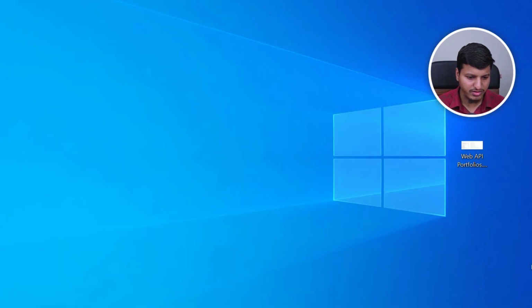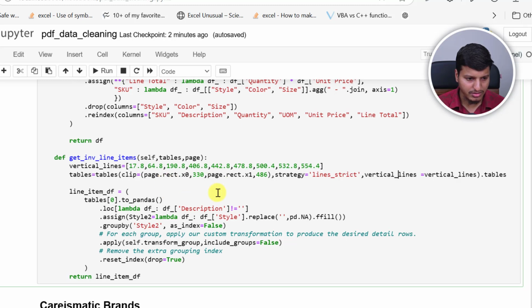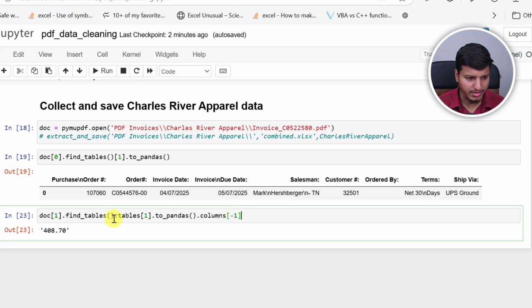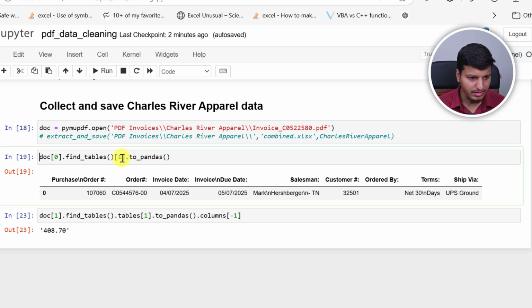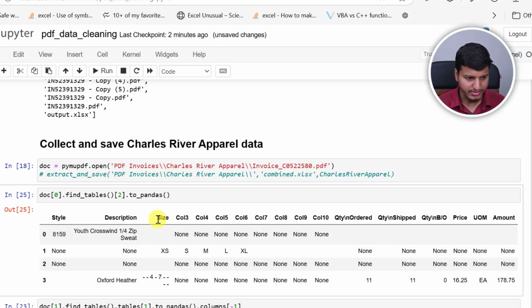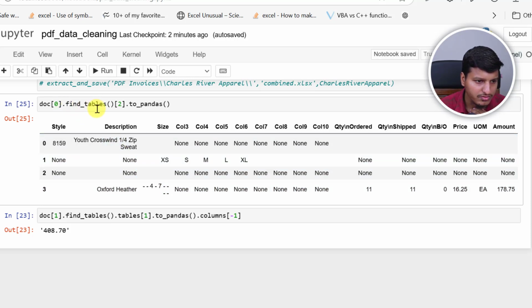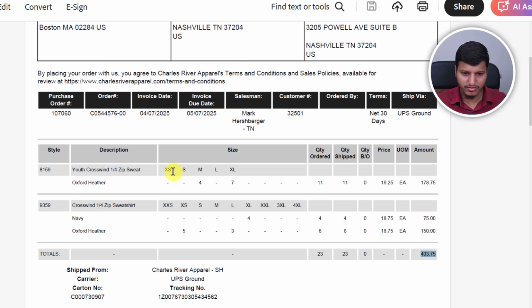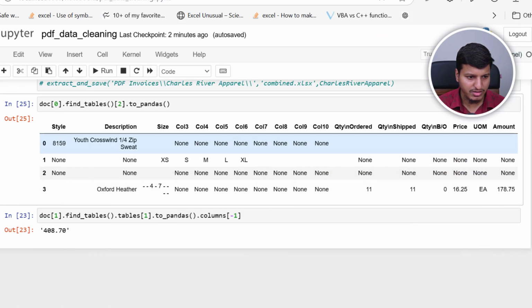So let me show you something. We are using this page rectangle, right? Except that, let's say I just want to find all the tables from page 0, like this one. And this is my table 1, sorry, table 2, index 1. So let's try what we have in this table 3. You can see it says doc0 find tables to pandas, and it just gives me this. And this is really, really bad. You can see we have the description here, but the problem is that alongside the description, we had this access as m, right? The size should be on the similar line, but it's on a different line. So it's not good. But if I use strategy equals lines_strict and run this,